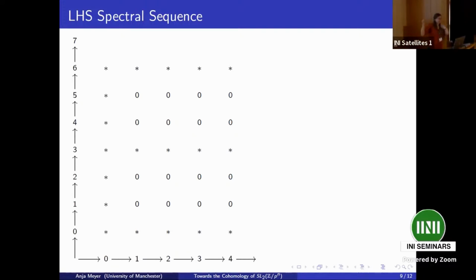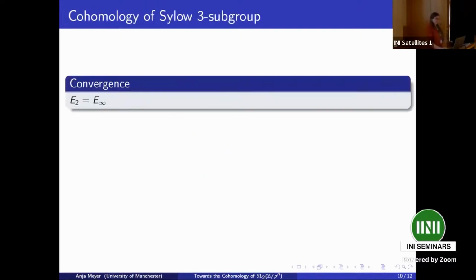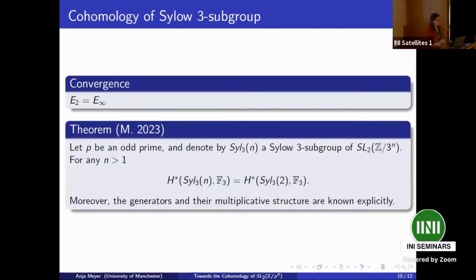And because they're products of things that survive, they too survive. So we can apply our beloved Leibniz rule on these to show that all the differentials vanish. So we have our E-infinity page, and what we would like now is our cohomology. There's a theorem that says that you just need to lift the generators. So let's lift the generators, and we arrive at a computational theorem which says let P be an odd prime.